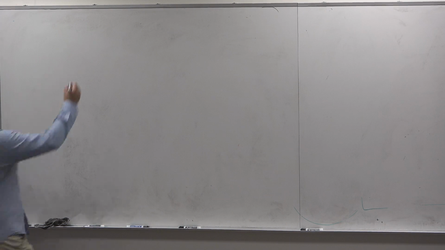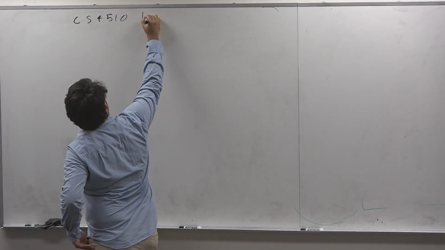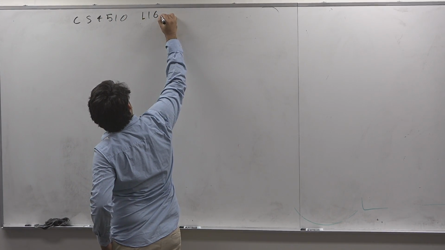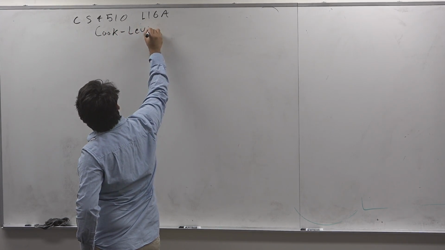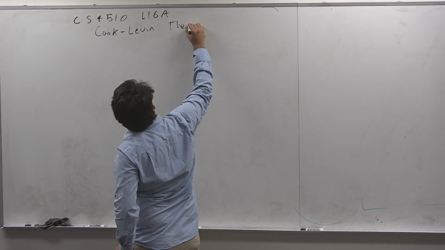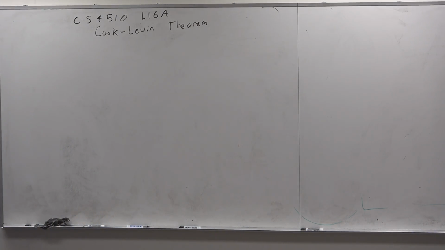This is CS4510. I think it's L16A, Cook-Levin theorem. Today we're really talking, both before and after the break, about one class, which is NP. And we have some familiarity with NP because we've talked about NP in the context of NP completeness reductions in